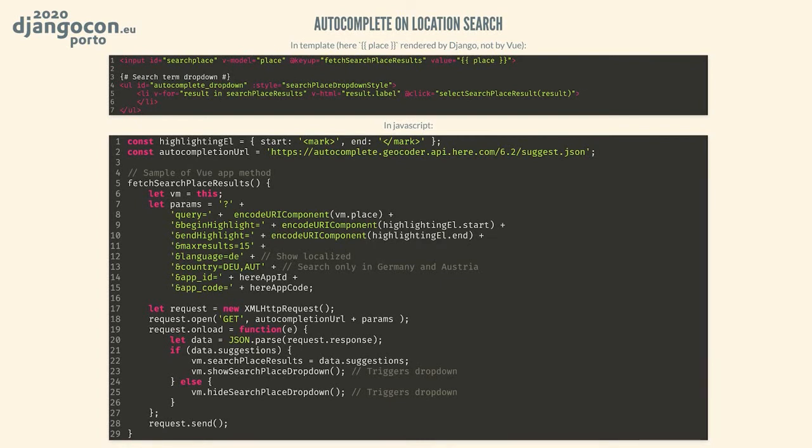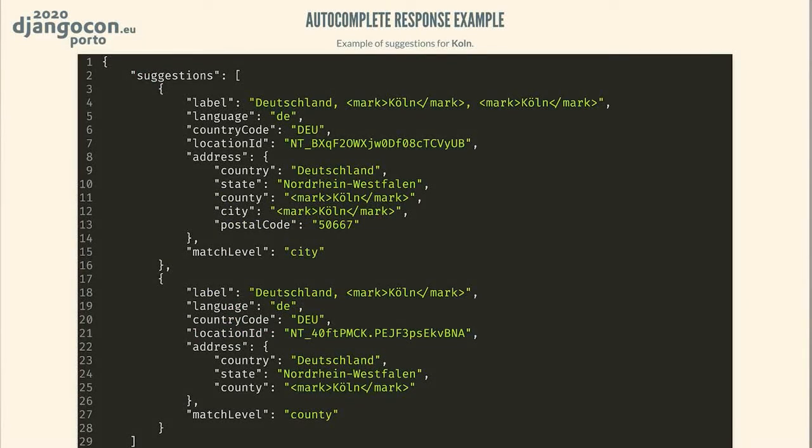And also, which I think is very important, you can indicate what HTML tag will be used to highlight the results with places that match the text typed by the user. Here you can see an example of suggestions from the Here Maps API. From here, in general, we use just the label to show in the dropdown and the location ID that we use to get the coordinates of the place.